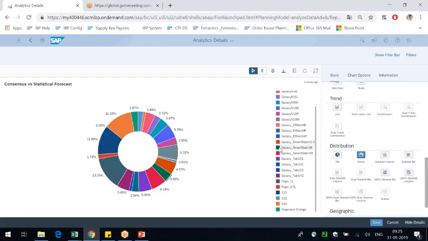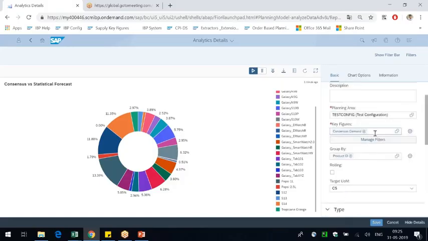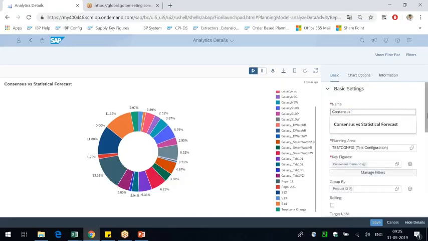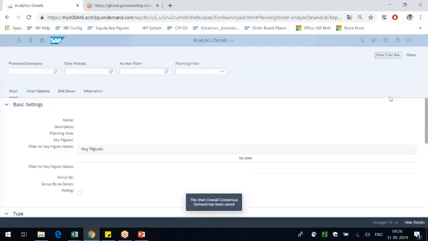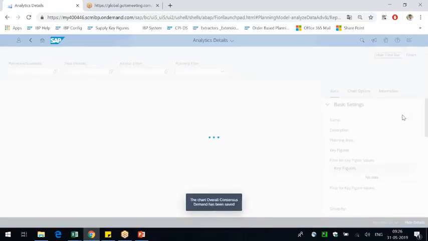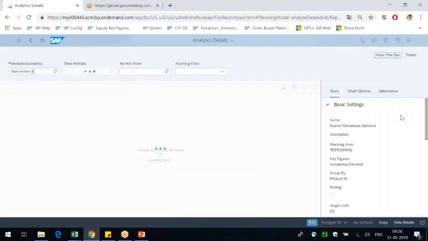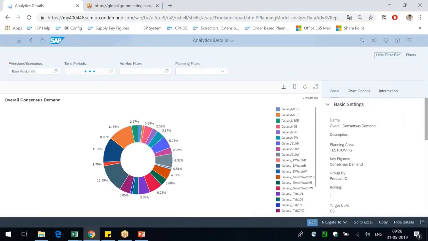But if it is just smaller combinations, then these charts will come in real handy. So let me save this. Save this chart. Okay, and the chart has been saved. Overall consensus demand.